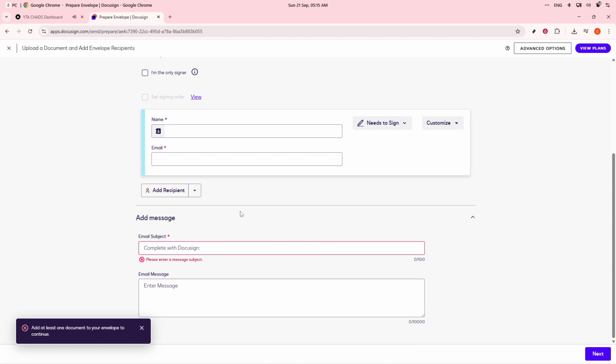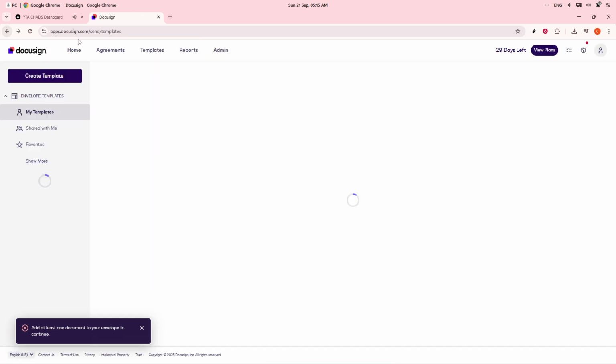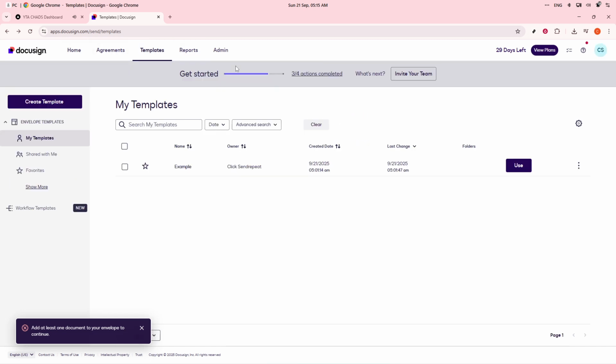Review recipient details, roles, and ensure all fields are correctly placed to avoid any mishaps. Once satisfied, click Send. DocuSign then takes over, automatically emailing the envelope